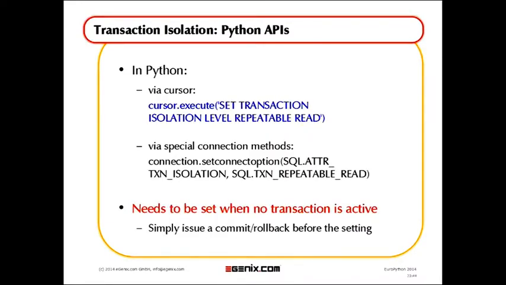So how do you do this in Python? There are two ways to do this. Well, actually there are three. You can usually have an option in the connection settings that you can set to set a default isolation level. But you can also do it dynamically in your application, and you can actually do it on a per connection basis, so you can have multiple connections to your database with different isolation levels. You can run a statement, set transaction isolation level, for example, or some database modules have special ways of directly setting the option on the connection.